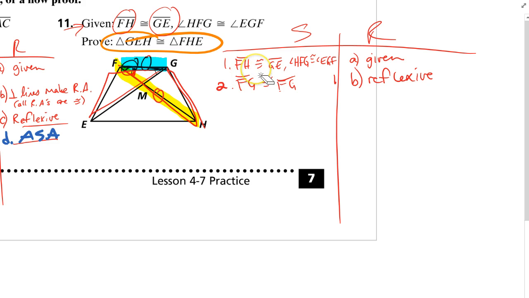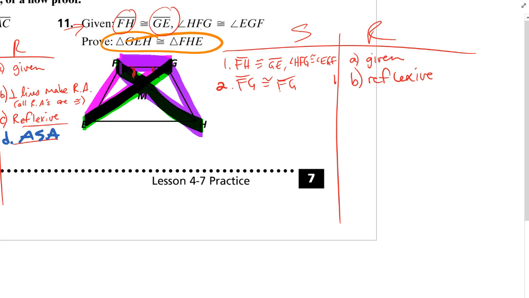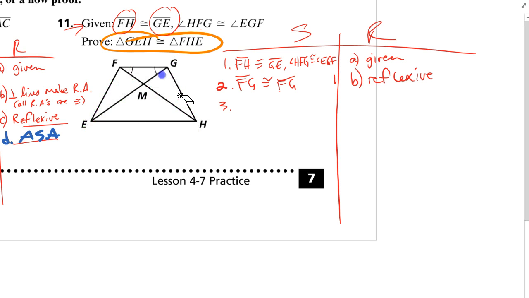Continuing on. Now, let's look at this. We've got FH matches up to GE. We've got this angle, HFG, matching up with EGF. And we've got FG congruent to itself. So that means I've got one triangle here and the other one on this side. So now I can make a triangle congruence statement. Triangle FGH